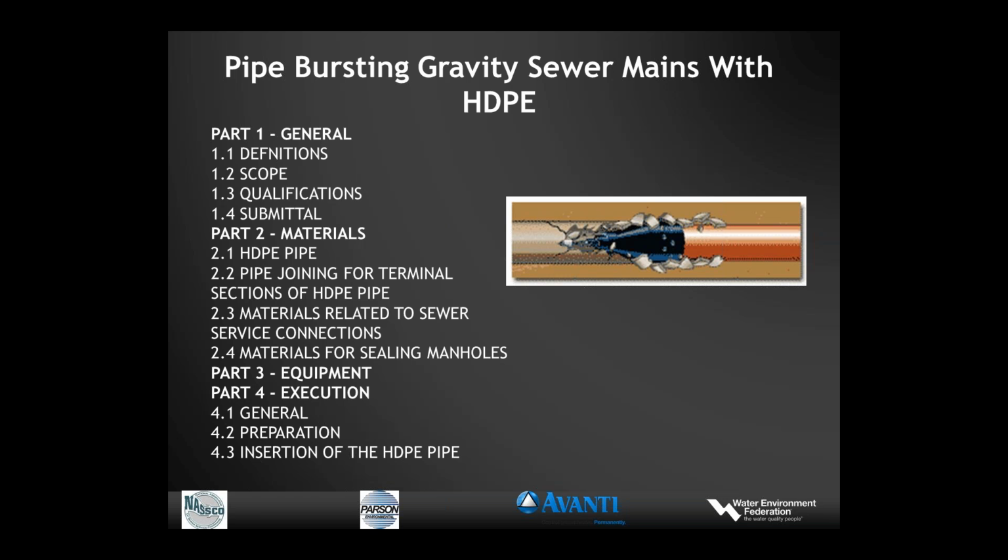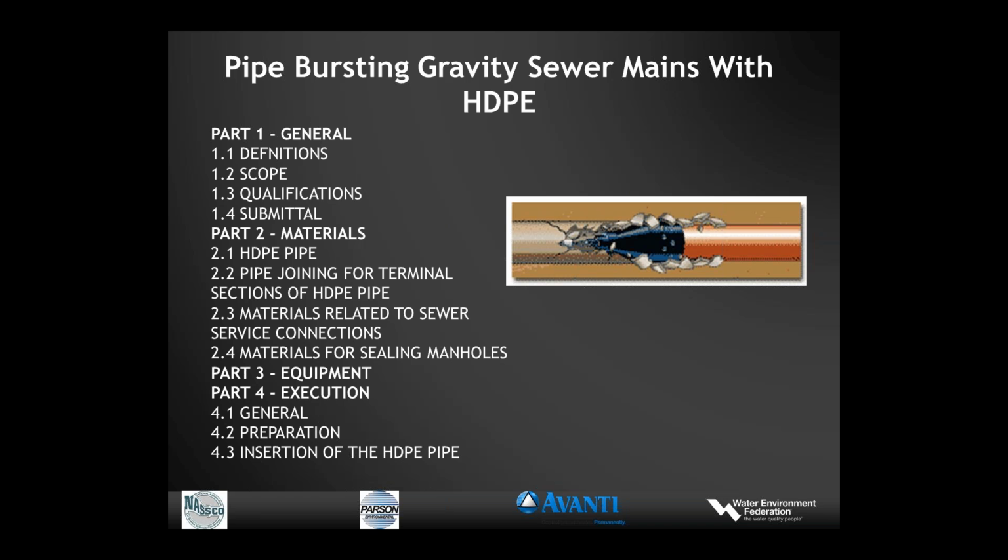And again, it goes through the general qualifications, the scope, then the materials, and in this particular case, it focuses on the HDPE, how the pipes are put together, how the connections should be addressed, and the material used for sealing at the manhole. It talks about equipment, and it talks about the execution of the project. So it basically gives you the soup to nuts of how to prepare a specification for the pipe bursting technology